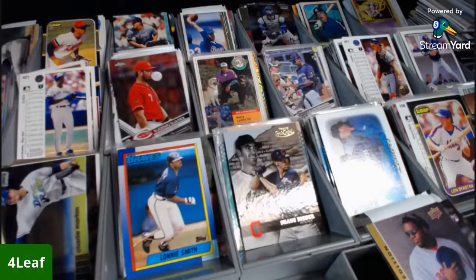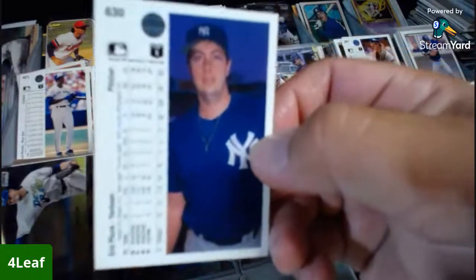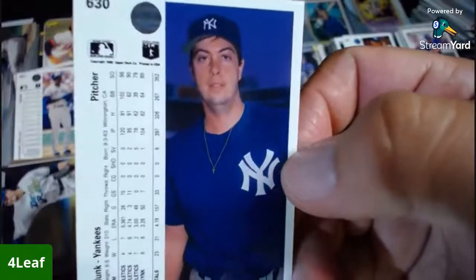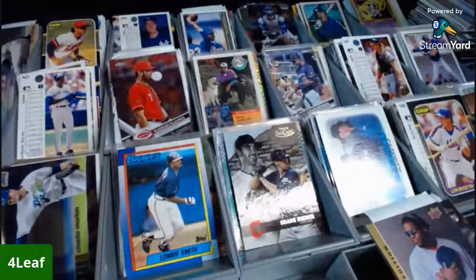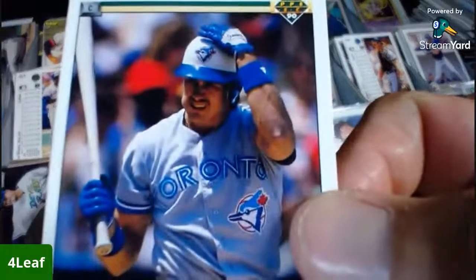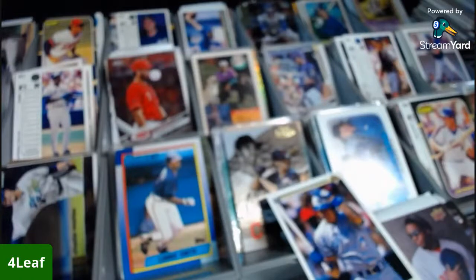This is just a funny. Here's Eric Plunk. I always thought that was a funny name for a pitcher anyway. Like Plunk, you're gonna plunk everybody. But he's got his practice uni on, but looks like he's got some jewelry. This is another one. I don't know if that's seeds or not, but I got this subsection where somebody has something visibly in their mouth. I don't know if it's chew, sunflower seeds, or whatever, but there's a couple cards out there like that. Now this Todd Benzinger,